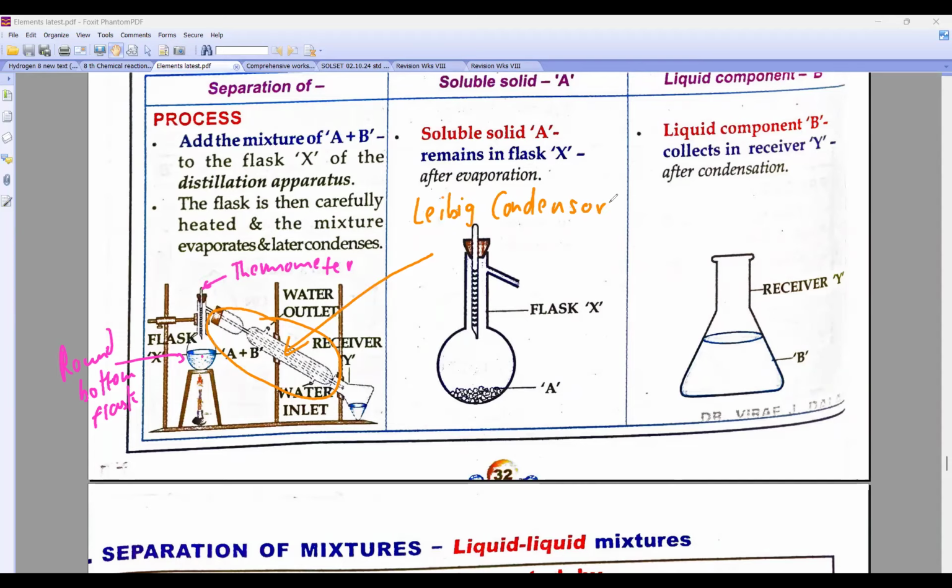Okay. Now here there is salt and water. Who will evaporate first beta? If you heat it, who will come first? Water. Water will evaporate and it will form gas. And then what Liebig's condenser is going to do, it will condense it and it will come out in the form of liquid. First from here at 100 degree, what will happen? Vapors of water will enter here. And then in the condenser beta, water is continuously surrounding it and it will get what? Condensed to what? Liquid.